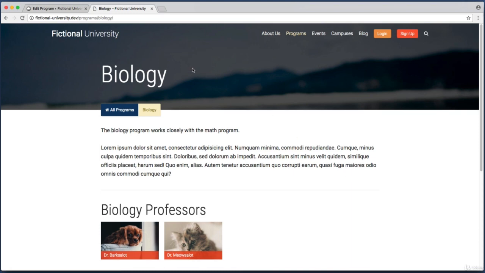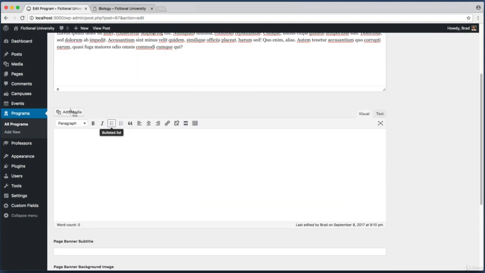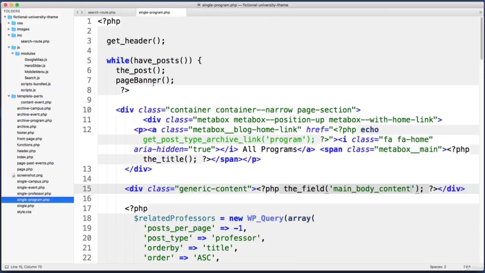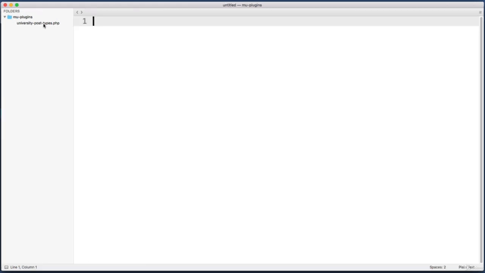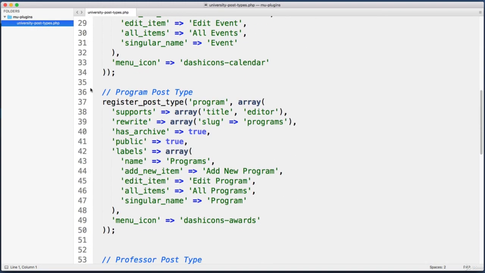Now the one other thing we need to take care of is back on the author screen. This is super confusing. We don't need two content fields. So if this is the one we're using, we should just entirely hide the default one. Now luckily, it's very easy to do that. We just need to edit the code that we wrote when we first registered the program post type. So in our text editor, not within our theme folder, but within our MU must use plugins folder, if we jump into that file, if we scroll down a bit and find the register post type for the program type,